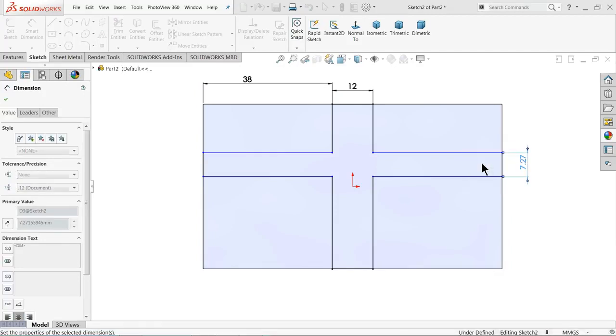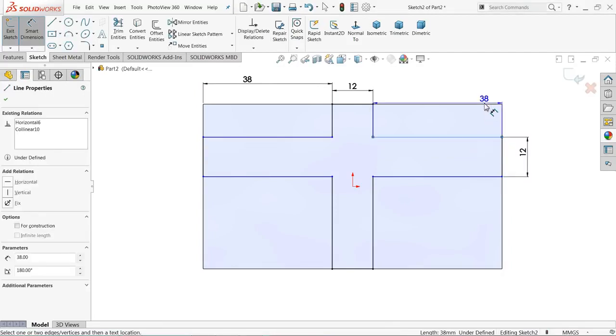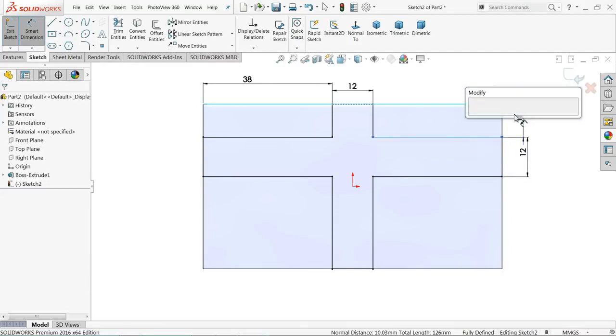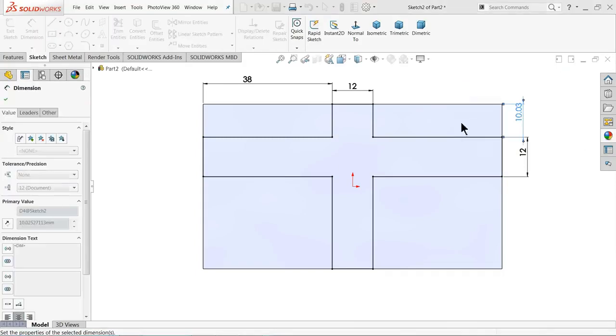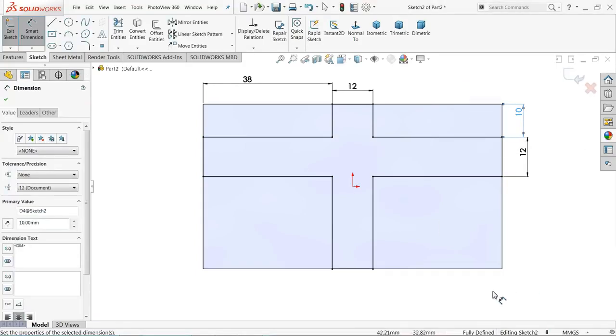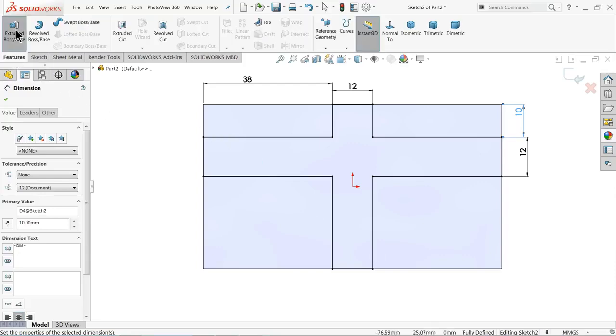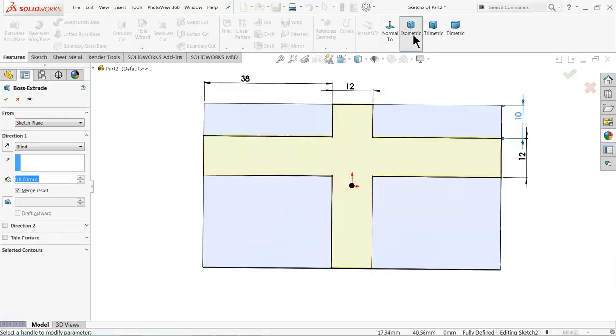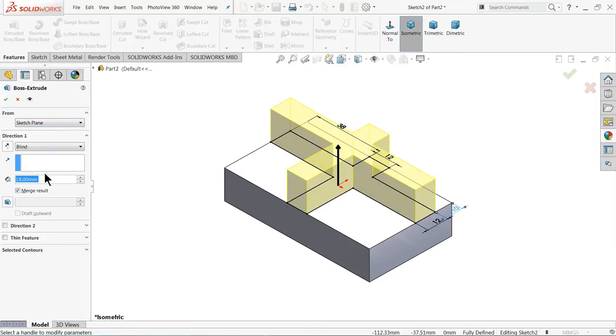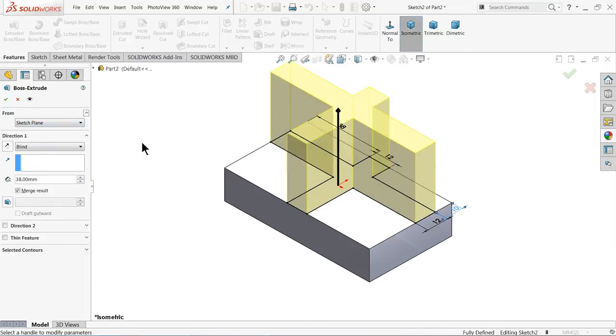This also 12 millimeter and the distance from top edge keep 10 millimeter. Now you can see the drawing is fully defined. You can see in your bottom edge. So select extruded boss base and extrude up to 38 millimeter. See. Okay.